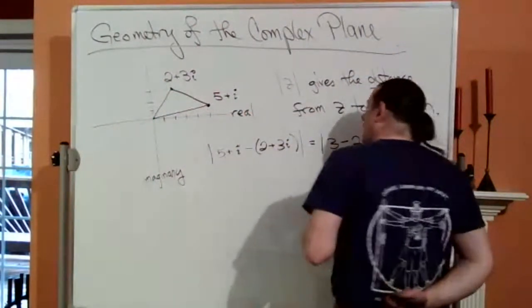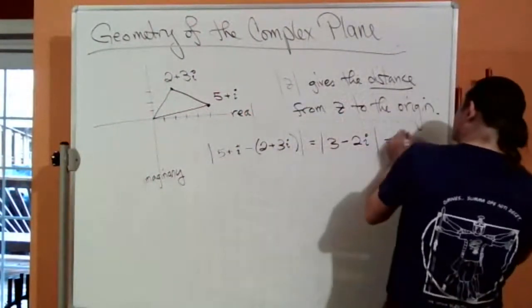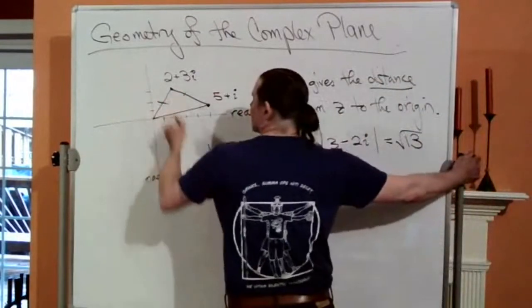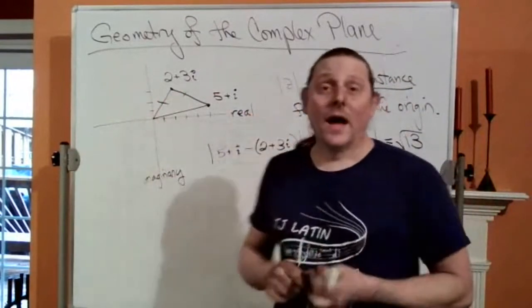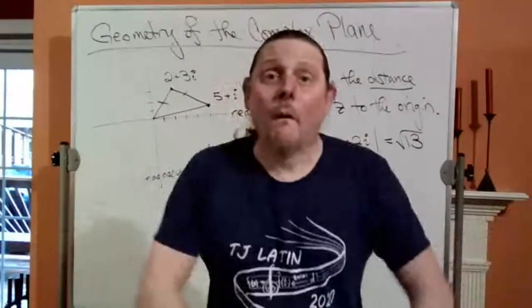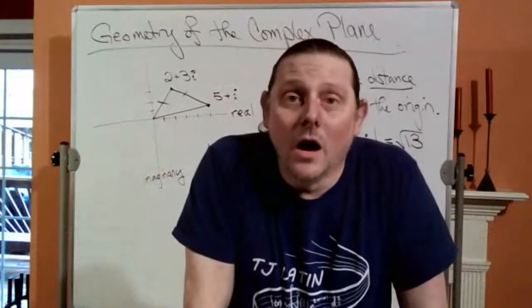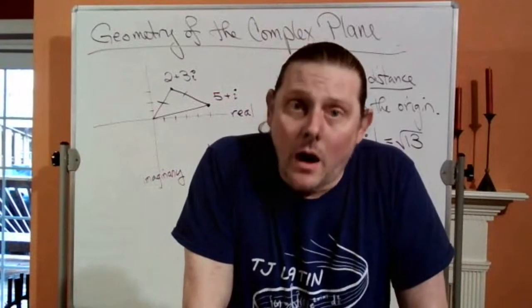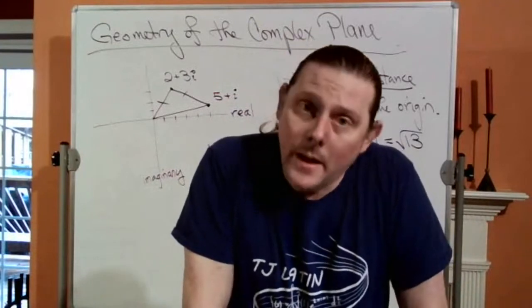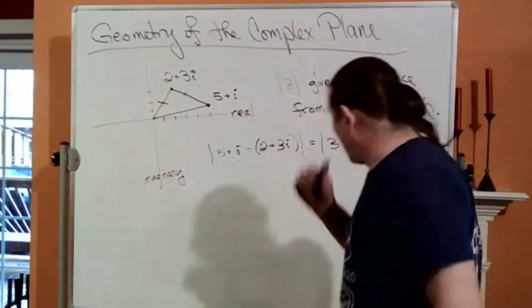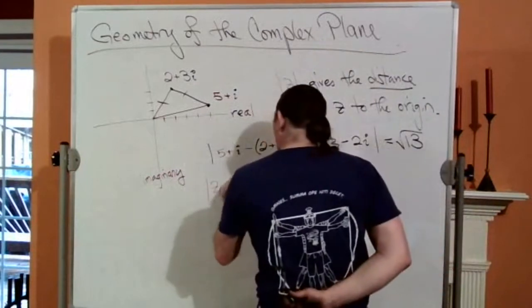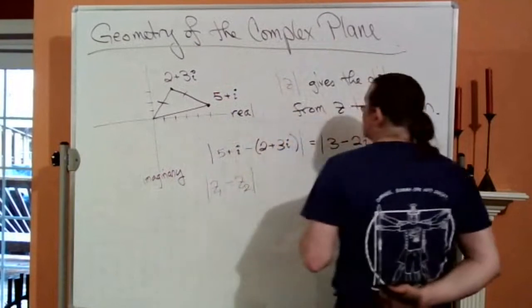All right? This gives the square root of 13, making this an isosceles triangle and immediately opening up all kinds of manipulations from geometry to complex numbers. Okay? But this also allows us to interpret z1 minus z2